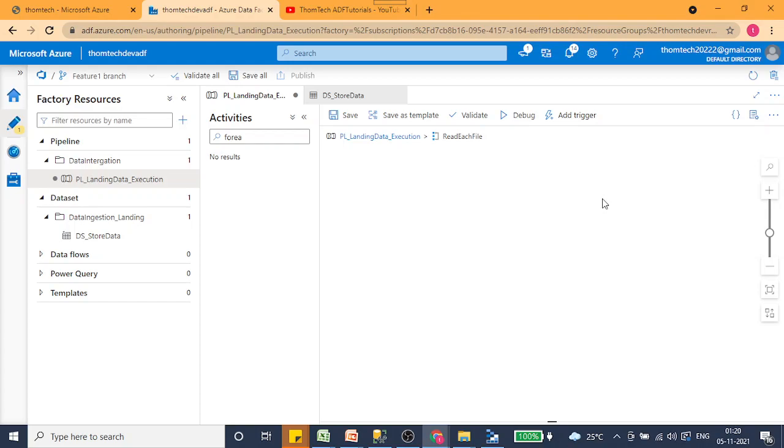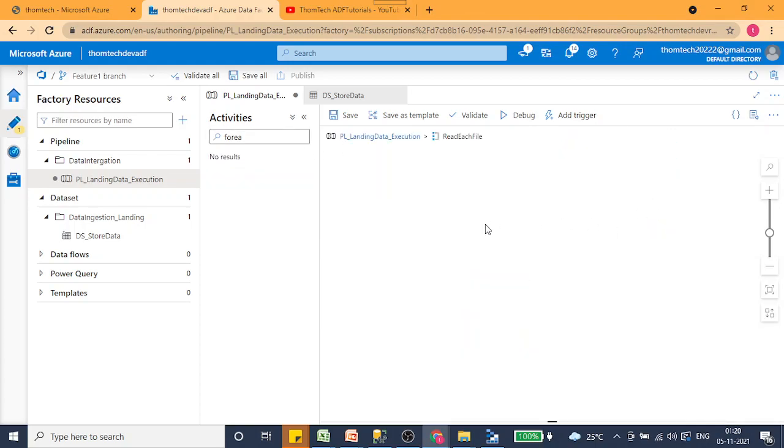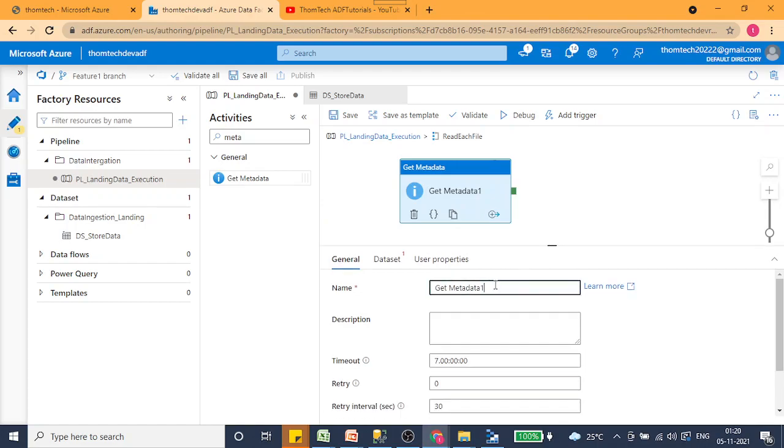And I can show you in a different way. Now we are inside the for each. I can use the copy activity as well, but I will bring the copy activity in the coming session, otherwise you will get confused. So now I will simply pick one more metadata activity. This is just for showing the output. I will select this and name it show me file name.